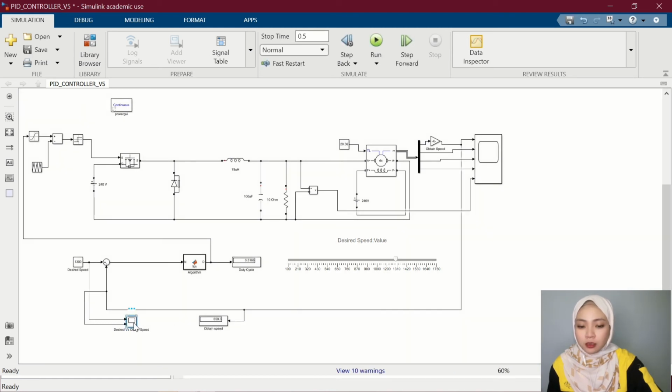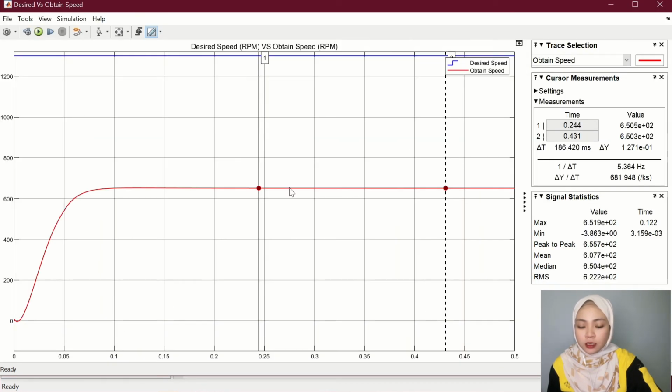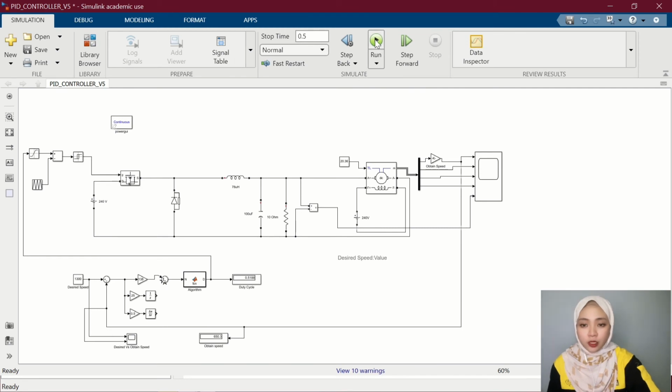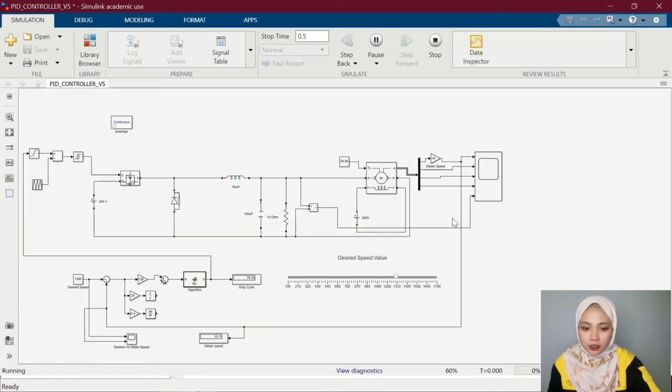Okay, the obtained speed is almost at steady state right now. As you can see on the scope, this is our result. Which means the obtained speed is 650 only, while my desired speed is 1300. So for the next part, I would like to apply the P first, the P mechanism, P gain. So I will run first and then